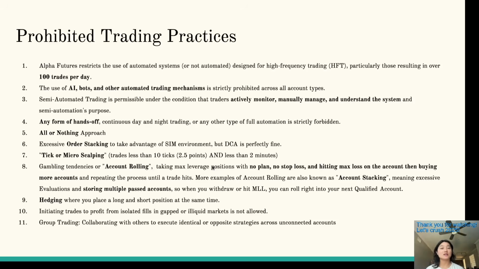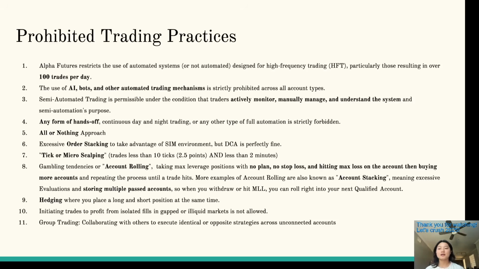Now, if you have any concern about the trades you've placed and think that you might be in violation of this number 7 point, then the best thing you can do is reach out to their customer support team and explain your case, or even ask for peace of mind if the trades that you had placed is in fact in violation of it. You can also go into Discord and see other people's personal stories about the kind of trades they took that may have been in violation or not of point number 7, but majority of the time Alpha Futures is already actively monitoring your positions and your accounts as well as the risk management team, so safe to say that they're always going to be watching, but you can always reach out if you want to be